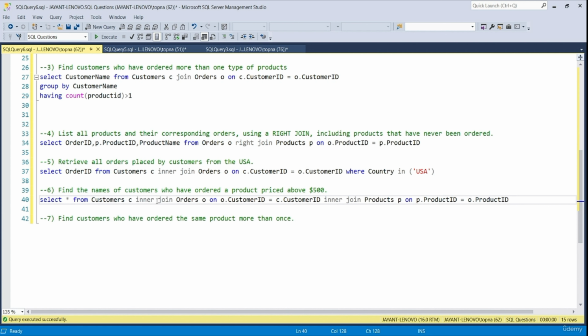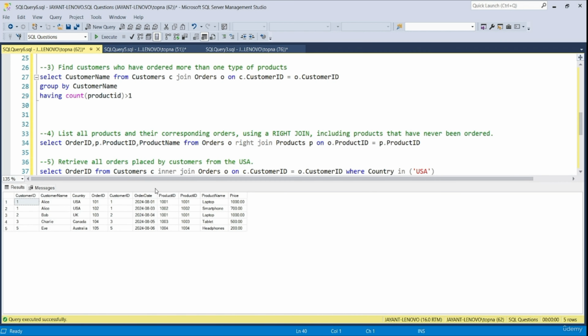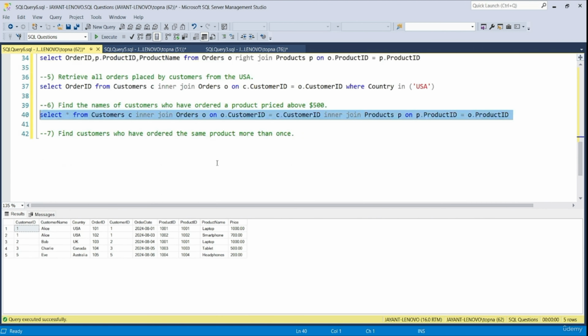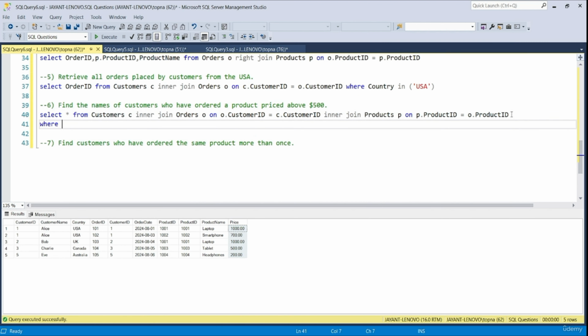If we execute this select statement written in line 40, this is the output that we are going to get. So we have customer ID, customer name, country, order ID, everything. Now we need to apply one condition that the records should be shown only for those cases where the price column value is greater than 500. So we can write where price is greater than 500. And if we execute it,